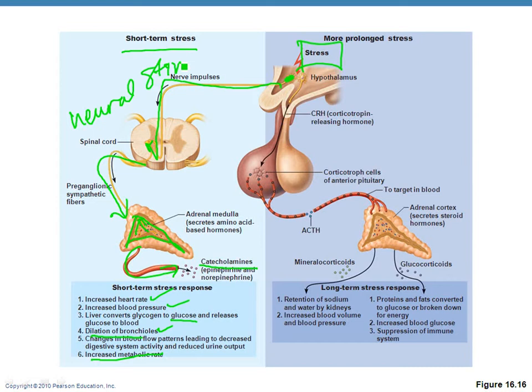neural stimulus. We have a neuron carrying the message to the gland, okay? And then it releases a hormone. So this is one of those examples of a neural stimulus releasing a hormone. In the beginning of the endocrine system chapter, it talks about these different stimuli, and I talked about it last lecture that you should go brush up on it if you haven't seen it. We also had